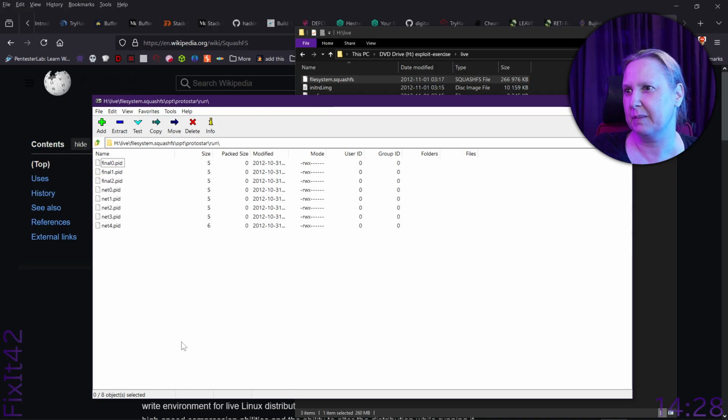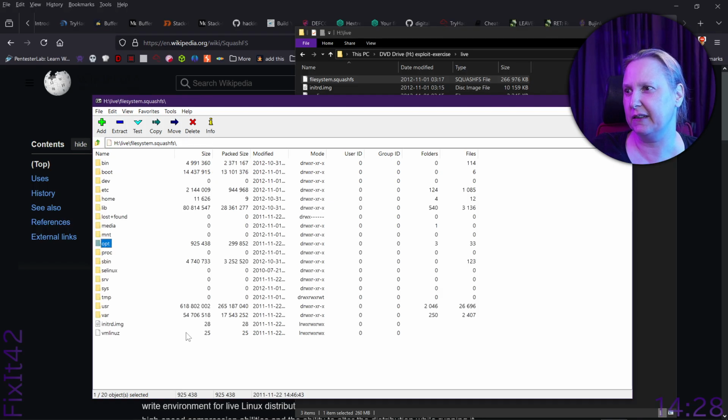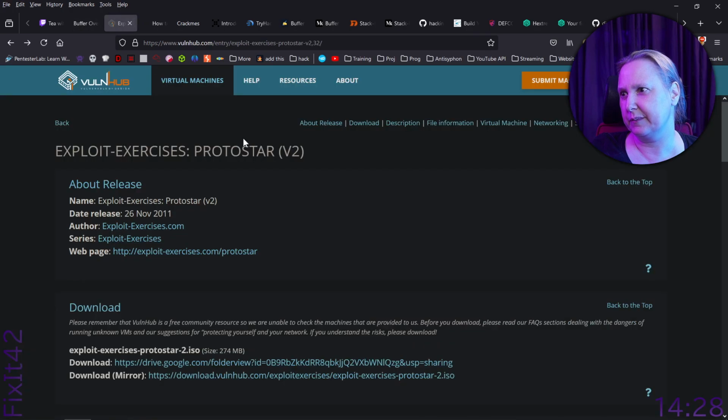Run. So if I just extract it, I will break permissions. Let's check the page. Here.